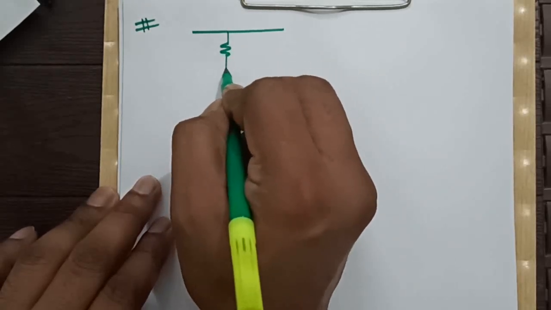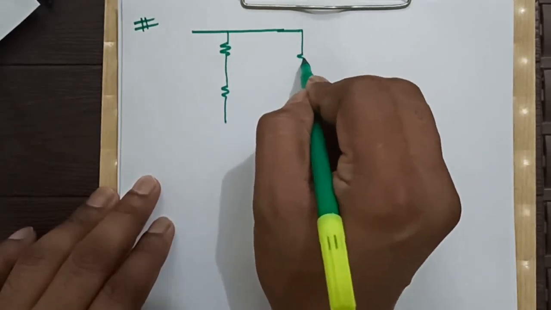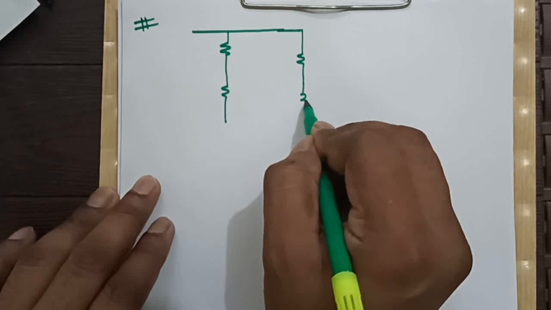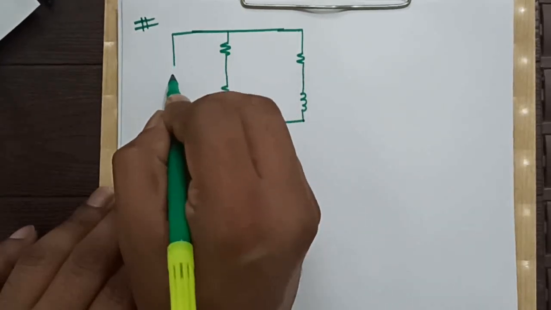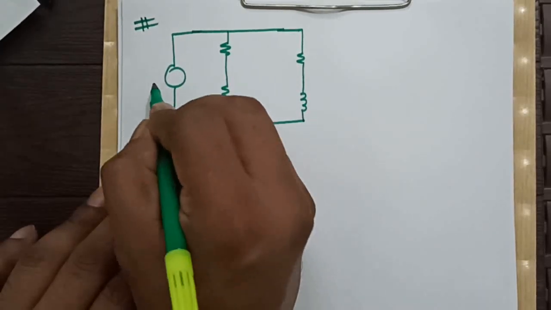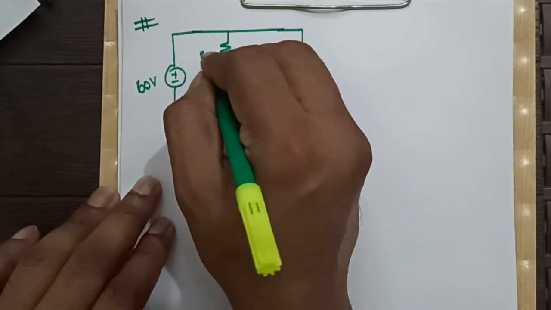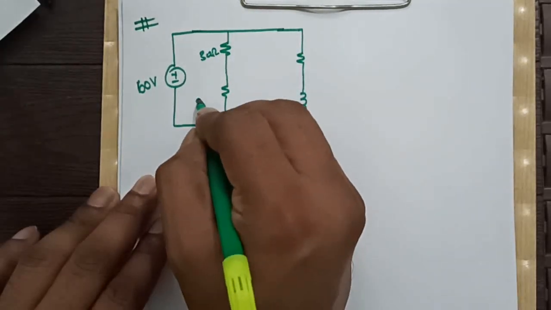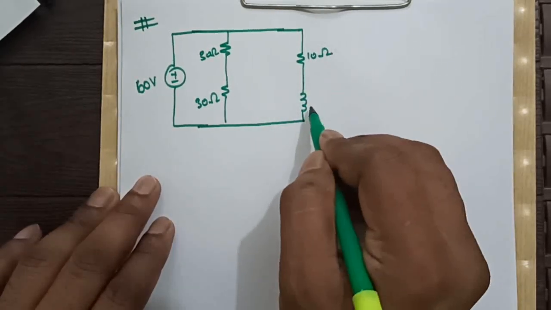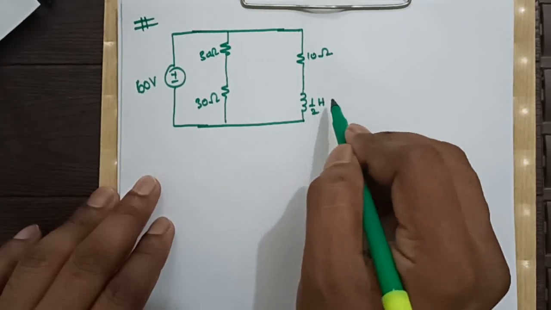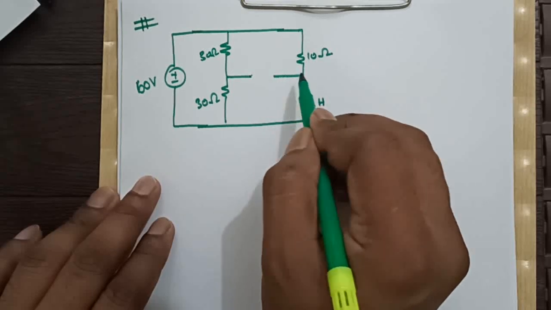A resistor and an inductor. This whole arrangement is connected across a 60 volt voltage source. This is 30 ohm, this is 30 ohm, this is 10 ohm, and this is half Henry, and in this branch there is a switch